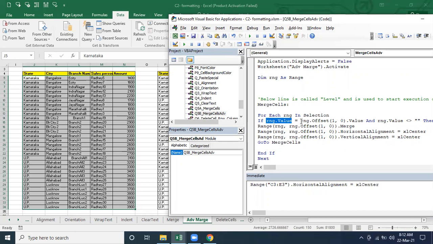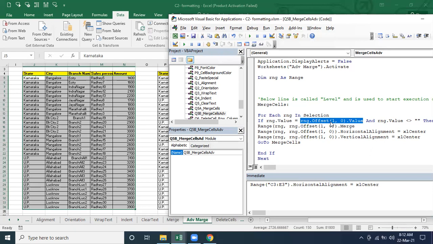Next, what is it going to do? It is going to compare with what? Can you tell me what value is being talked about? The value is a range offset, so it's going to see whether the next one matches Karnataka. Just observe carefully: first it is going to be offset by the next one. Can you tell me the column?